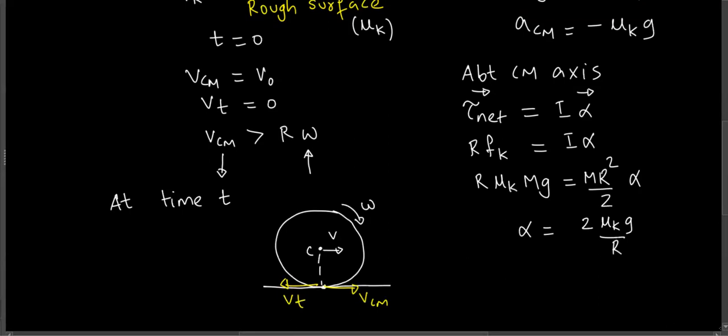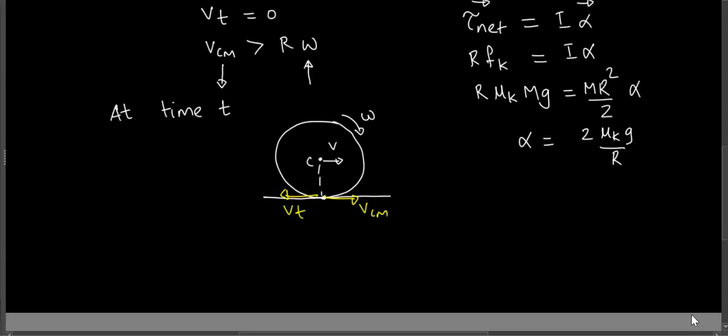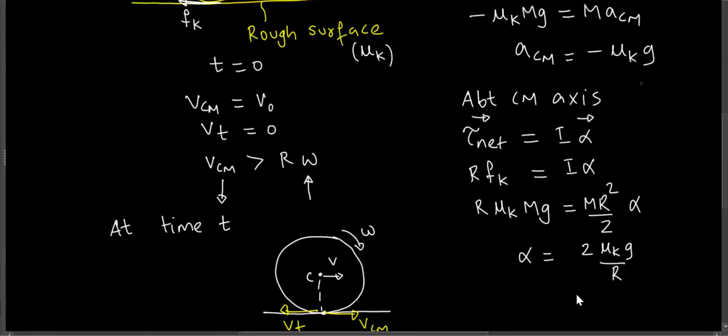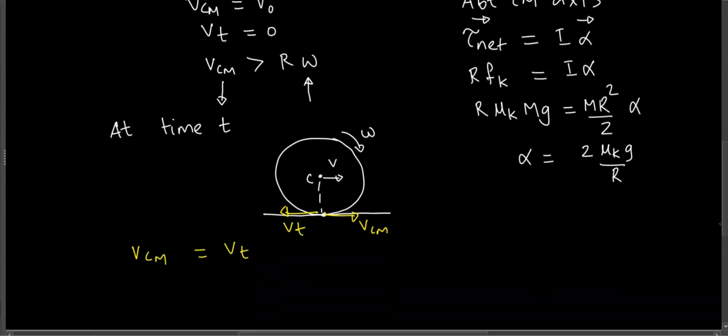So I can use this condition, right? VCM is equal to VT. Now, the linear acceleration is constant. Angular acceleration is also constant. So now you have these simple kinematic equations: V is equal to U plus AT, and omega is equal to omega naught plus alpha t. We can use them. So for the left hand side, if I use V is equal to U plus AT, initially I have V naught